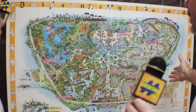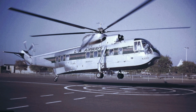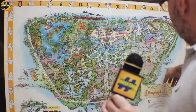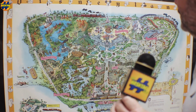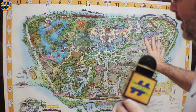They had a heliport, and Los Angeles Airlines had a helicopter service from LAX, and you could fly over to Anaheim, and land here and go see Disneyland. And that lasted for a few years, but the helicopters had a pretty bad safety record, and eventually that went away too. So this map has a lot of history to it,